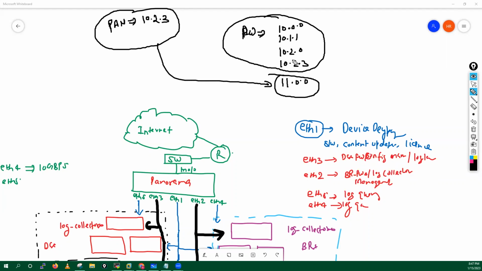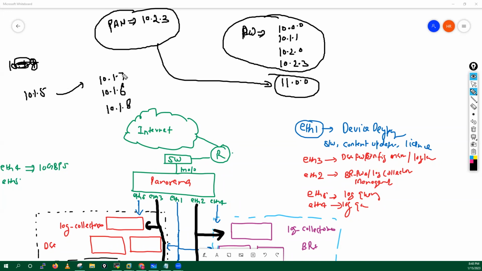But it cannot manage the Palo Alto firewall which is running 11.0.0. But here we have one trick as well. Let's suppose I'm running Panorama with 10.1.5 and Palo Alto firewalls with 10.1.7, or I'm running 10.1.6 and I have some Palo Alto firewalls which are running 10.1.8.